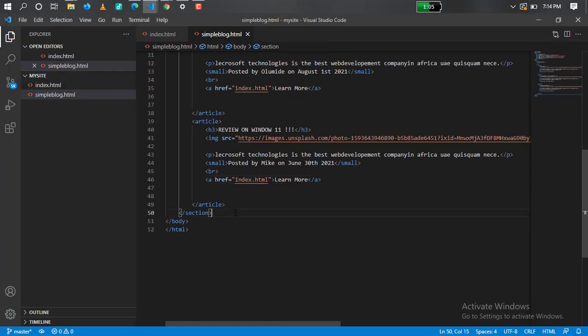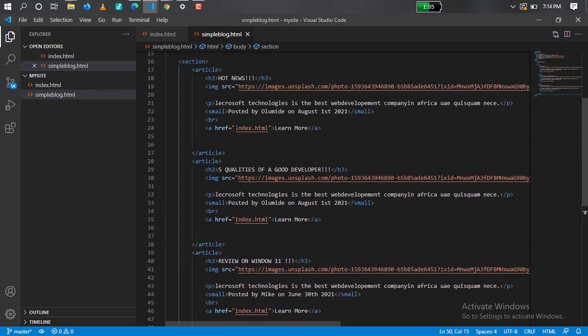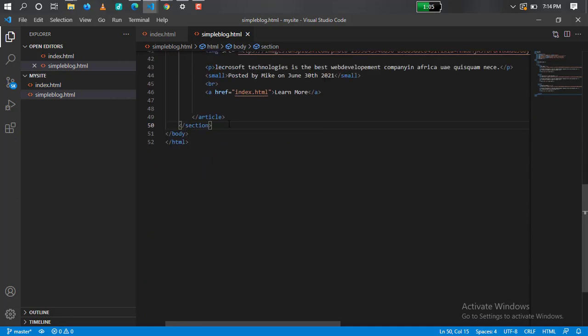The other thing I'm going to be talking about is after this section. Now this is a section, I told you this is a semantic tag. After this section, you go out of the section. I also talk about another tag, which is the footer tag. If you miss my previous video, it's going to help you a lot. The footer can contain your quick links, your copyright text, a subscription button, anyway you can design it. But let's quickly go to